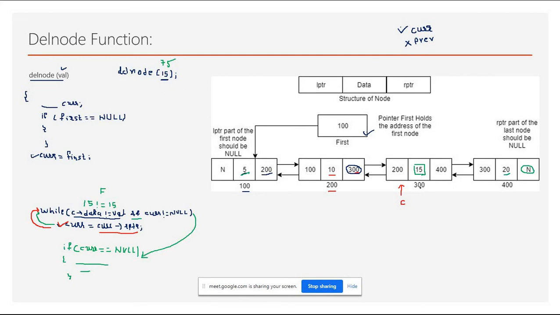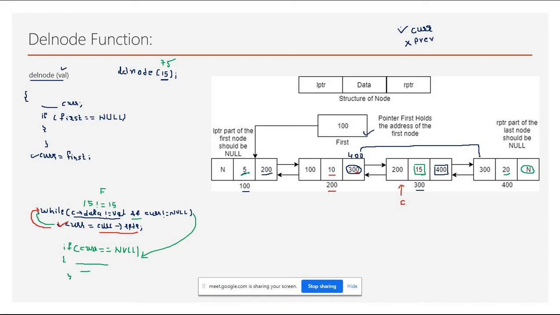So before deletion of this node, whatever is there in the next part, you have to copy here, right? You just have to copy this 400 here, so that the link will be established like this.